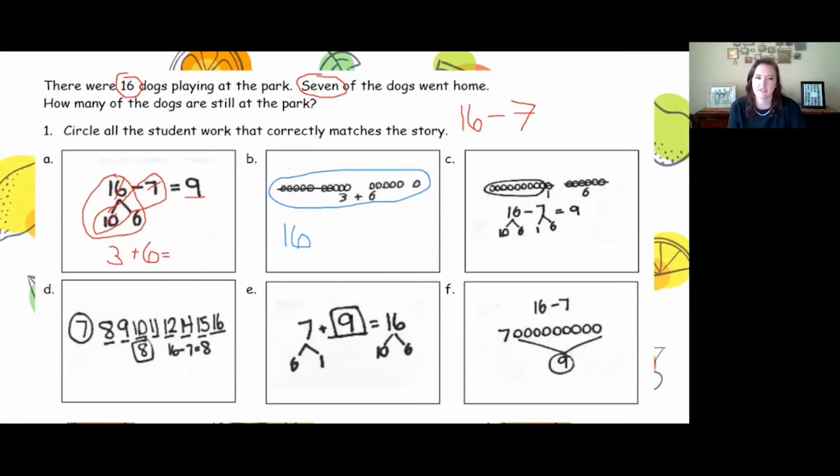We have a total of 16. So then what they probably did is broke it apart, just like over here, into 10 and 6. And so that's where we get 10 right here and 6 right here. So then I'm looking really closely, okay, and they have crossed off 7 because we have